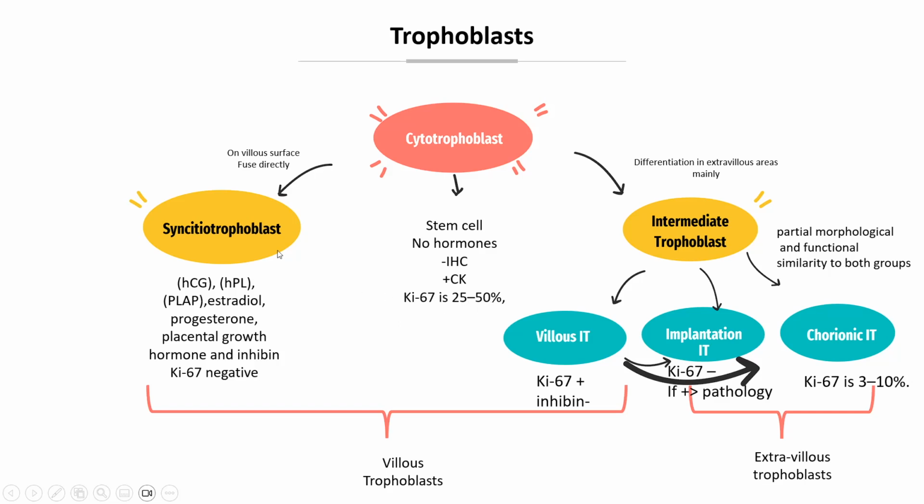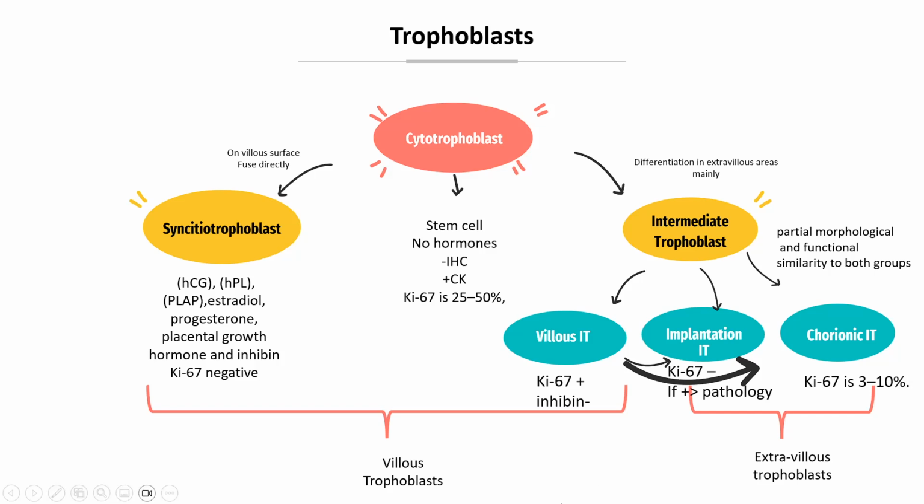What about the syncytial trophoblasts? These are the cells you probably remember from your late studying days. Those are the multinucleated cells. They're capable of secreting a number of placental hormones, and they are responsible for the exchange of the nutrients and stuff across the placenta. They do not have a high proliferative power, so in normal conditions the Ki67 is negative. What about the intermediate trophoblasts? These cells are the ones that are supposed to be responsible for the invasion of the placenta.